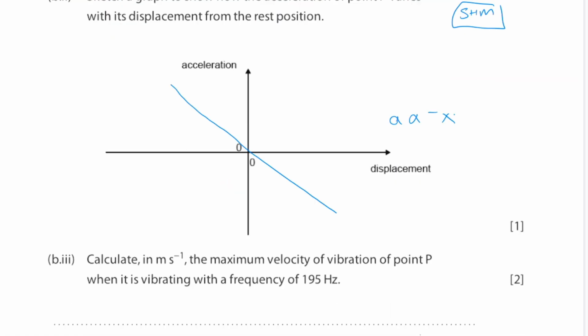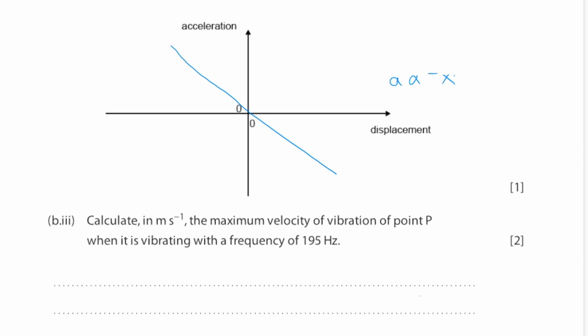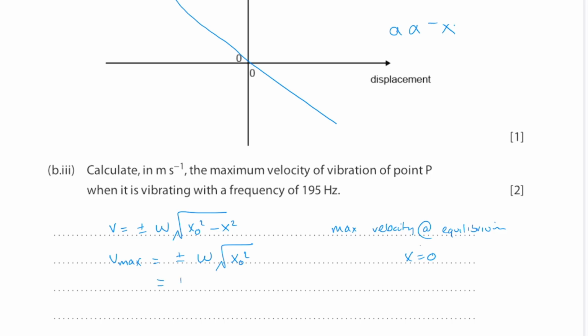B3. Calculate in meters per second the maximum velocity of vibration of point P when it's vibrating with a frequency of 195 Hz. We're going to use this equation here. v is equal to plus or minus omega square root of x naught squared minus x squared. It's got a maximum velocity at the equilibrium. When it's at equilibrium, its displacement is equal to 0. So that brings our equation down to this. v max is equal to plus or minus omega square root of x naught squared, which simplifies even further down to,